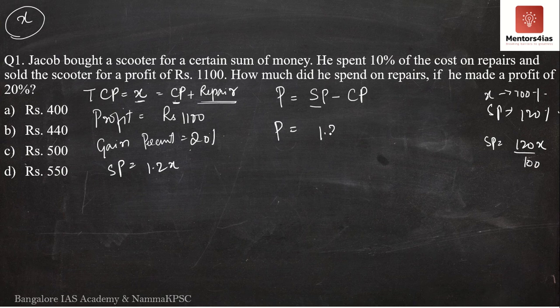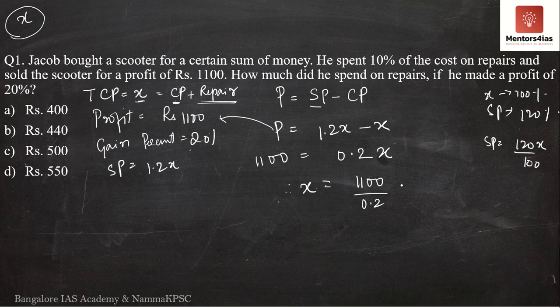Selling price, that is 1.2x, minus cost price, that is total cost price, x. Now this is equal to what? 1.2x minus x is equal to nothing but 0.2x. Profit is given in the question itself. It says it is nothing but rupees 1100. Therefore, what is x? X is nothing but 1100 by 0.2,